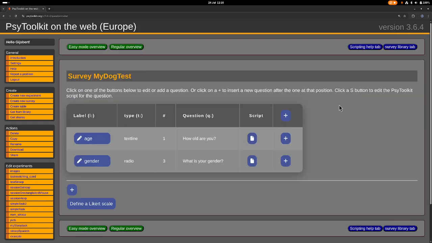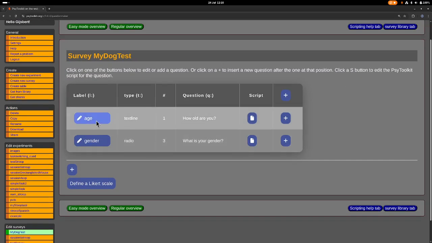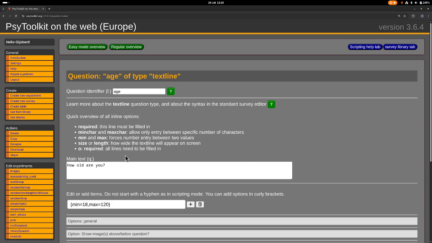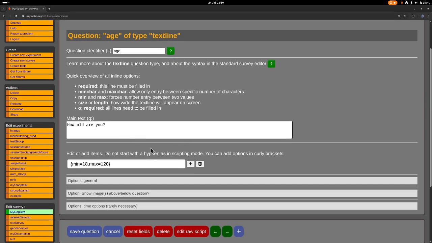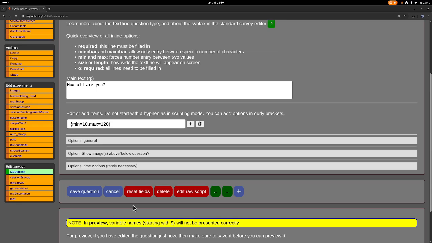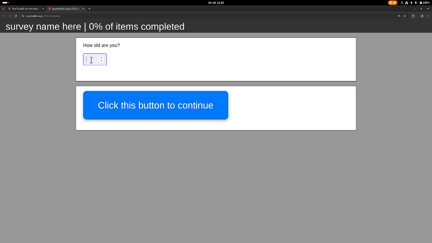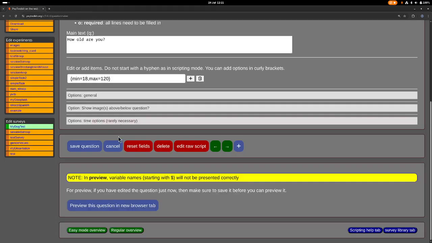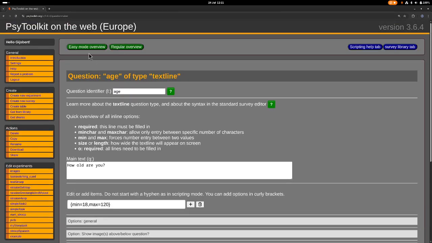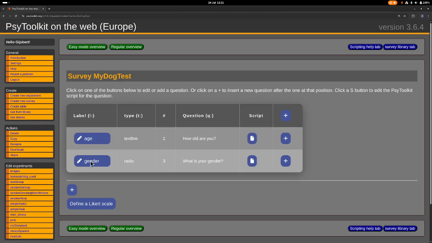So let's do that. If you do it in the easy mode, you see, for example, there's a question age. You can click on that. Then it explains what the question is: How old are you? You can even get a preview, and then this is what it will look like to participants. Okay, so I'm happy with that question. So easy mode overview. You have a gender question,